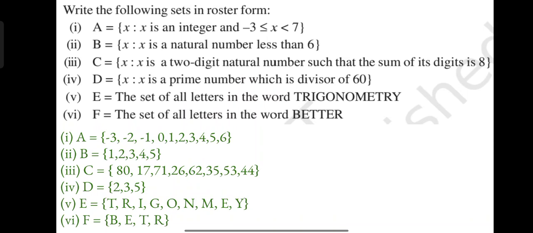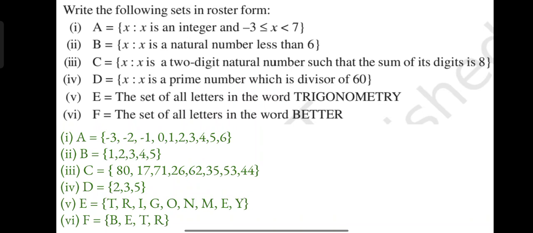Okay, and the next question is the set of all prime numbers. What does a prime number mean? The number should come only in the multiplication table of 1. Okay, so 1, 3 and 5 are multiples of 1 as well as they are divisors of 60. Okay, 15 is a divisor of 60, since 15 into 4 equals 60, but we can't write 15 as well as 4. Why? 15 came not only in the multiples of 1. 1 into 15 is 15.